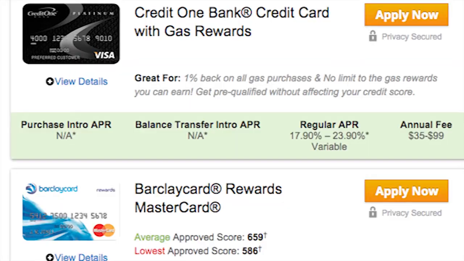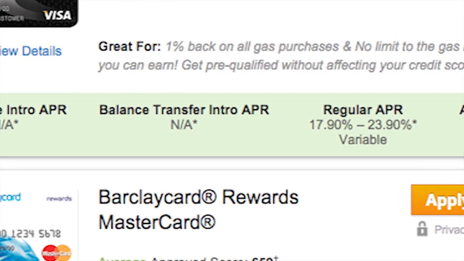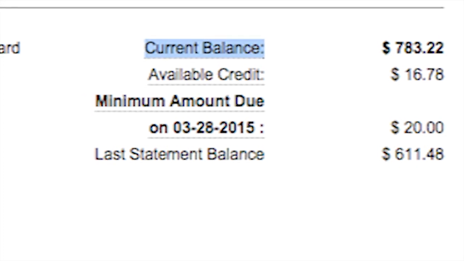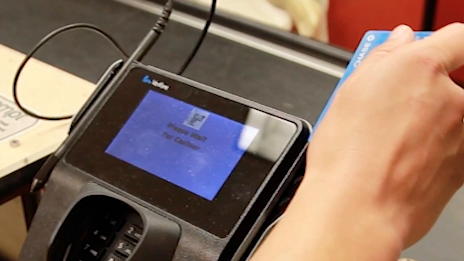Of course, the more you borrow and the higher your interest rate is, the more you'll be paying on your loans. And the lower your monthly payment, the longer it will take you to pay off that loan, and the more you'll pay in interest along the way. You want to take into account the APR when you're looking at credit cards, especially if you expect to be carrying a balance on the credit card. If you are carrying a balance, then the APR is the amount that you'll be paying as you go along to carry that debt. So it's interest plus your fees and charges.